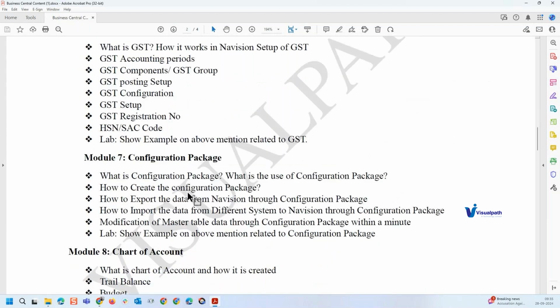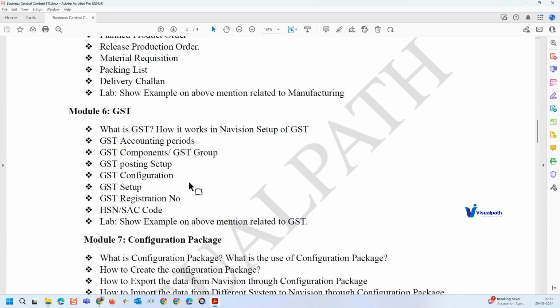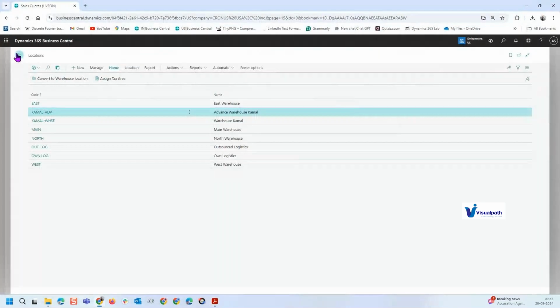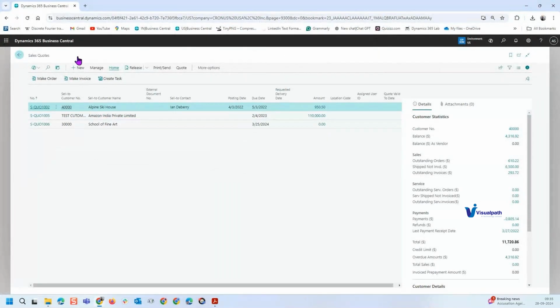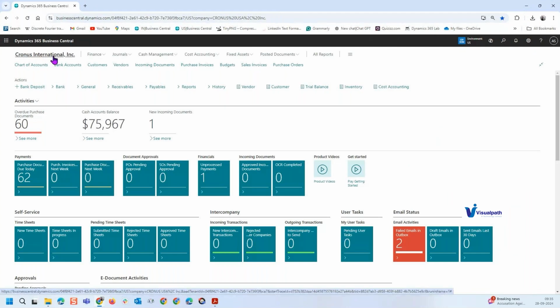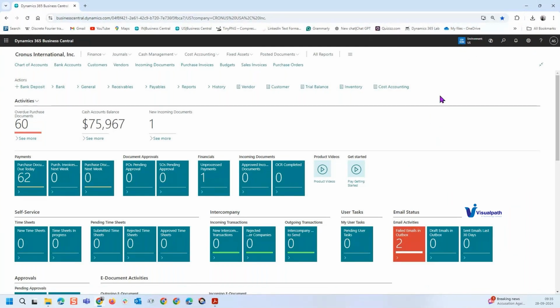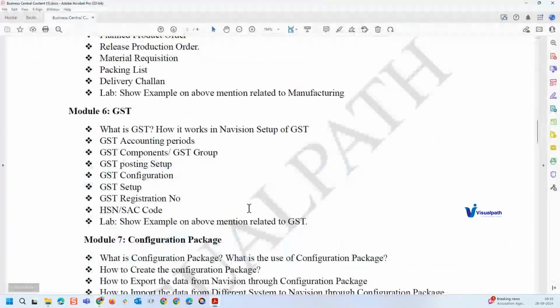Now, next one is GST, goods and service tax. This is purely Indian localization. As I said, right now I'm in the US environment, this is the US version. So in order to explain this, I will take you to Business Central India localization. There I will tell you how to create GST, because how GST works in Navision and how GST works in Business Central are two different things,